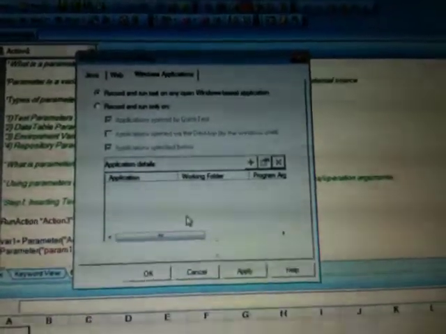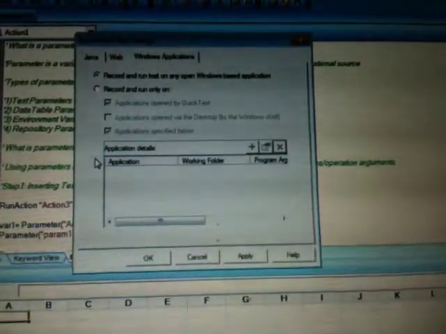But it's a general practice, because there will be no confusion, to just click on the first option and not use the second option. Clicking on the first option will enable you to record and run tests on any Windows based application. So some scrap will come into the picture and get recorded, but it's okay. As long as we are working on our own application under test, we will not have any other scrap getting recorded in our particular test.